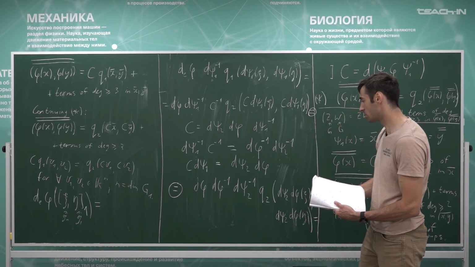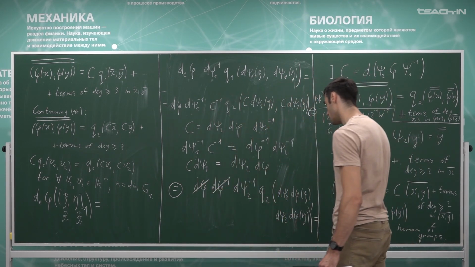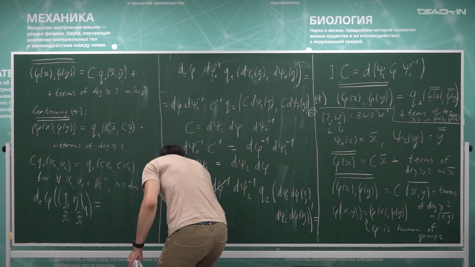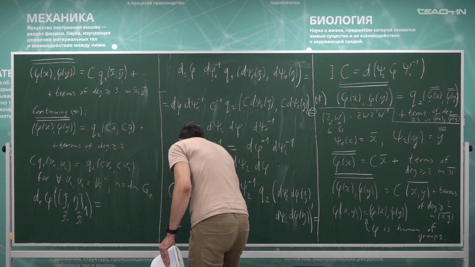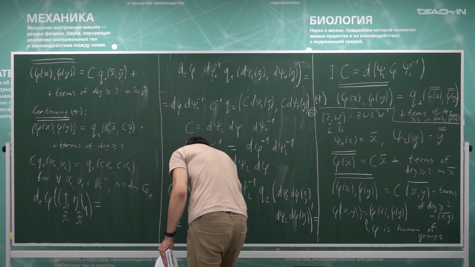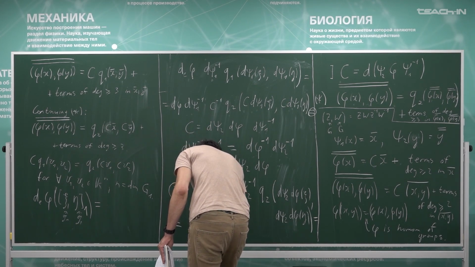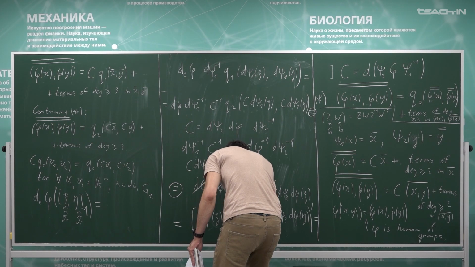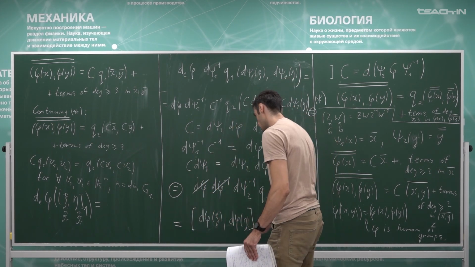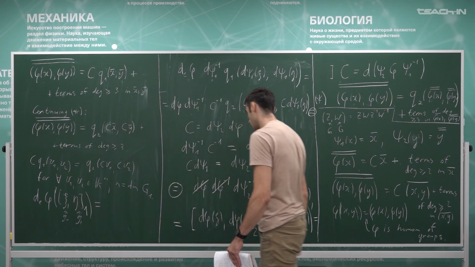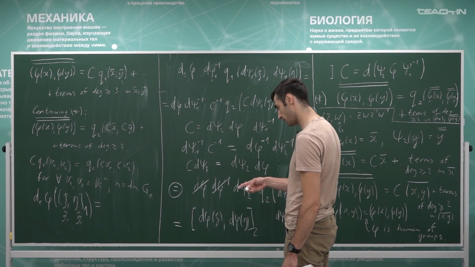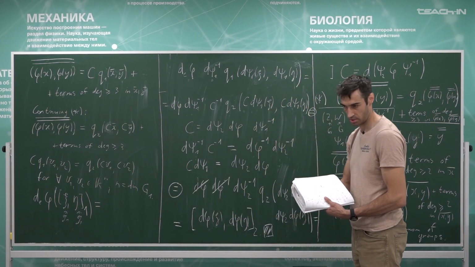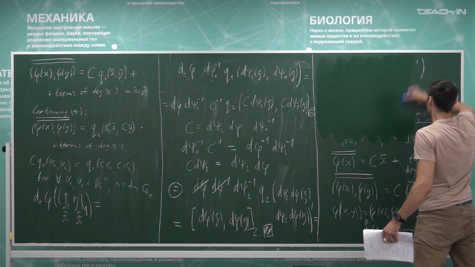This equals, so this cancels, and this is exactly, by definition, the second bracket of d phi of xi, d phi of eta. And this is exactly what we needed to prove, that this equals this. This is exactly the fact that d phi is a homomorphism of tangent algebras. And so the proposition is proved. Okay, this is a very important